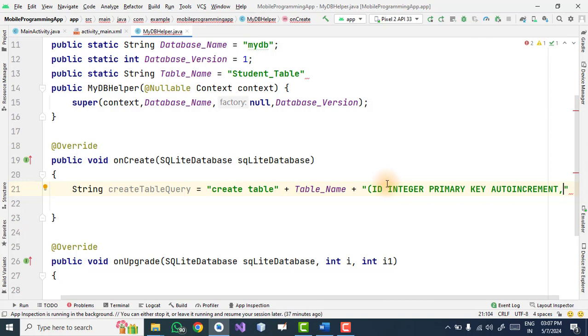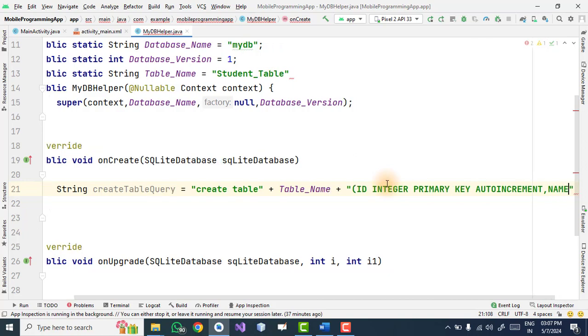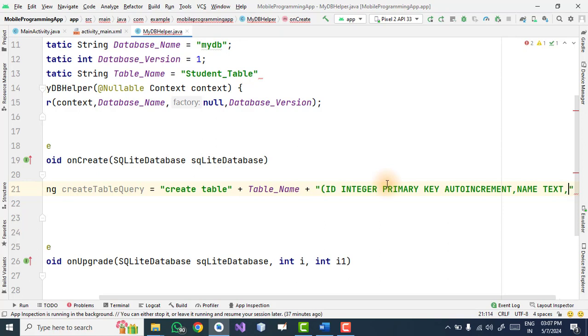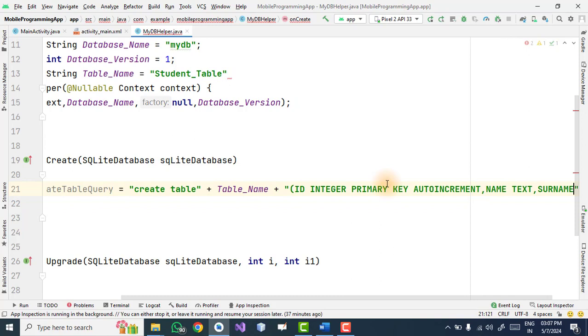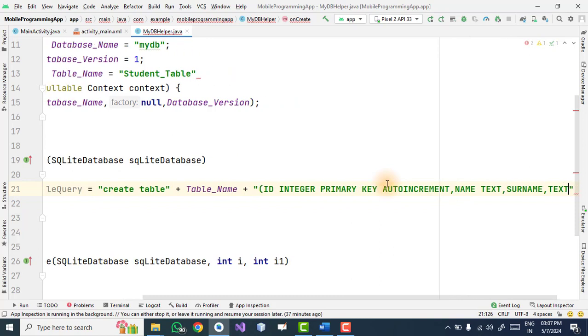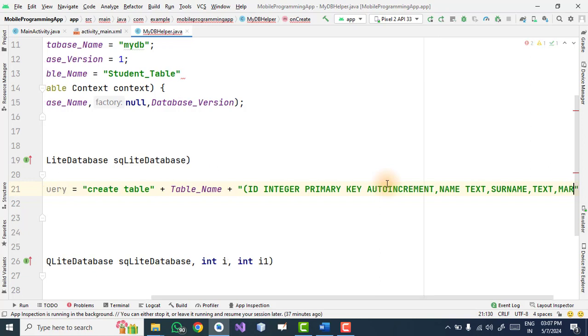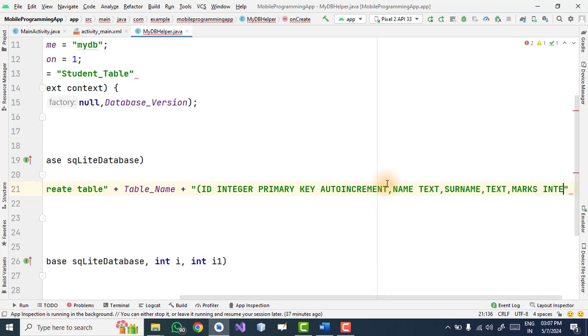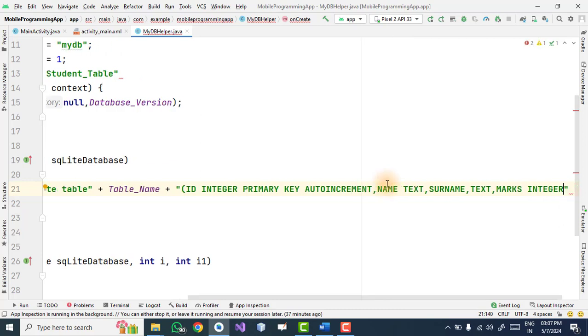We start with the second column, which is student name, and the data type is text. Then the third column, surname, and data type again text, and the last one is marks, and again this is integer. So this is my query, and we close the bracket to create a table.